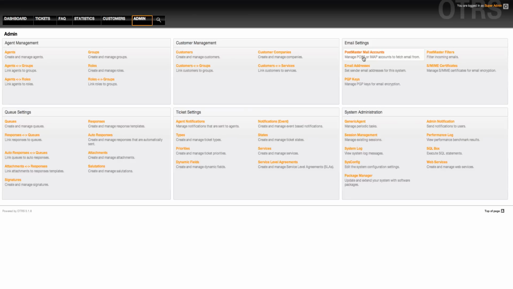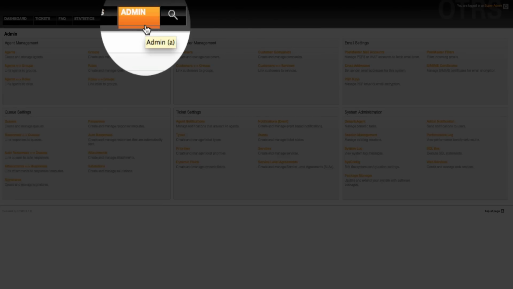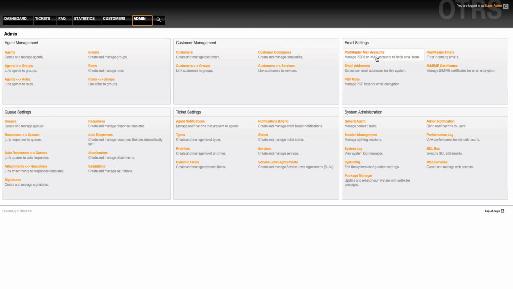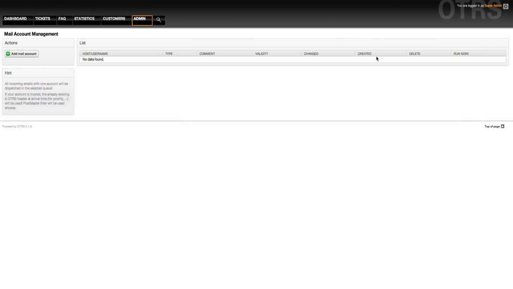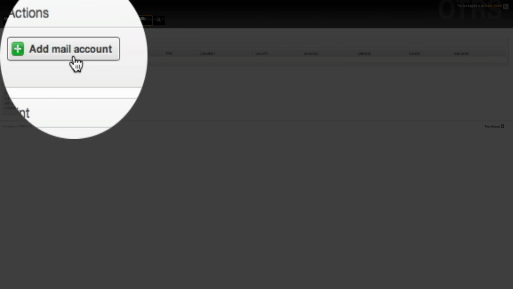So we click on the Admin link in the menu bar, and when we've clicked there, we'll be logged into the admin section, and we'll go to the email settings section here and then click on the Postmaster mail accounts. We see there's no data found here. If we want to set up a new account for use, then we have to click Add Email Account,